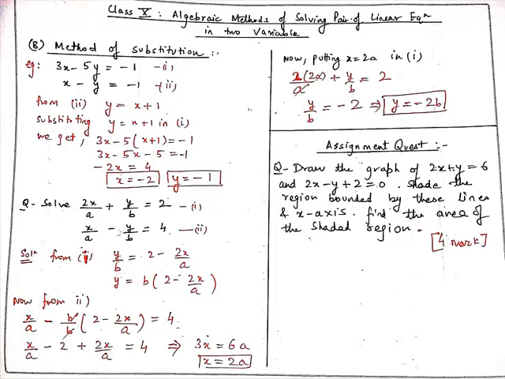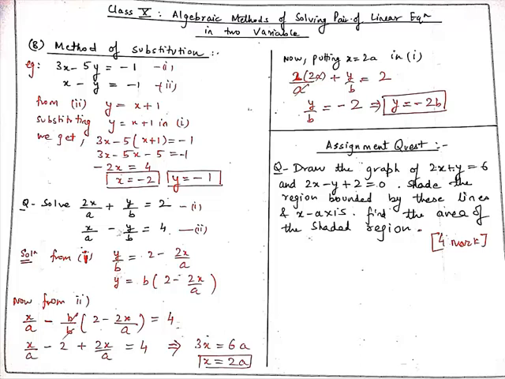Let's say I take a pair of linear equations in two variables, which are 3x minus 5y equal to minus 1 and x minus y equal to minus 1. Now as this method is based on substitution, from the second equation, what is the value of x? When we substitute this value, x plus 1, in the first equation, we get 3x minus 5 and y will be replaced by x plus 1. So on solving it, we get minus 2x equal to 4. So x equal to minus 2. And when x equal to minus 2, therefore y will be equal to minus 2 plus 1, meaning minus 1. So this is our substitution method.